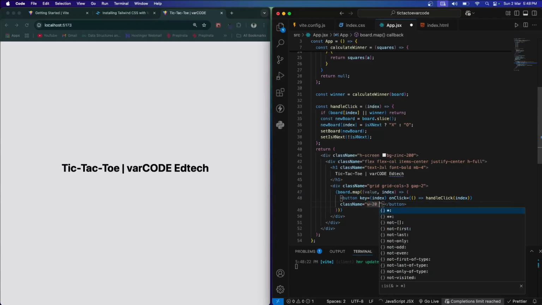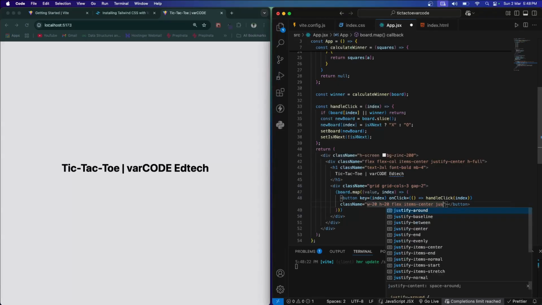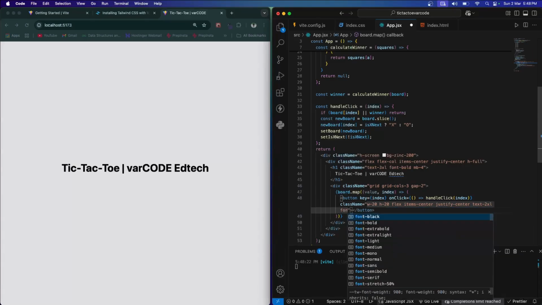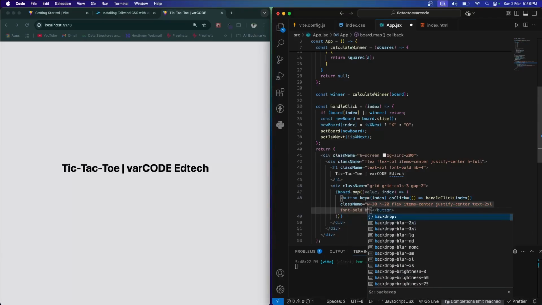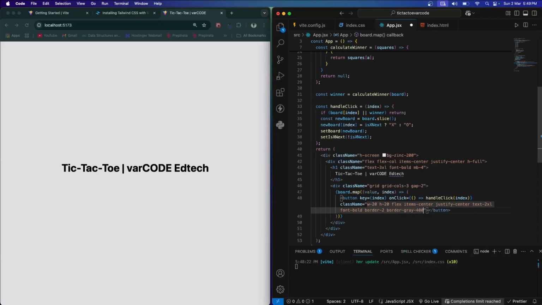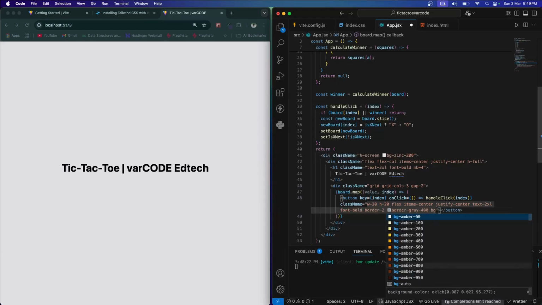So width will be 20, height will be 20, flex item will be center, justify will be center, text will be 2xl for now because we are not making it responsive. So font will be bold, border radius of 2, and border will be gray, border gray 400,